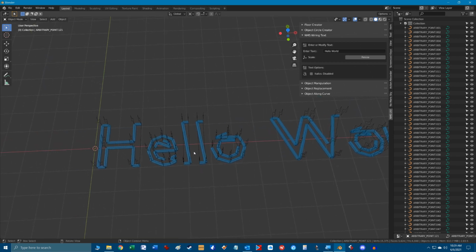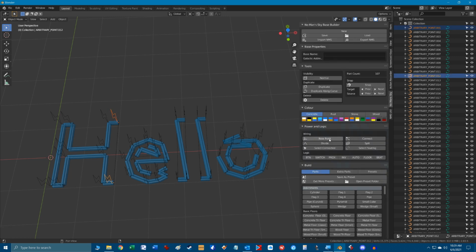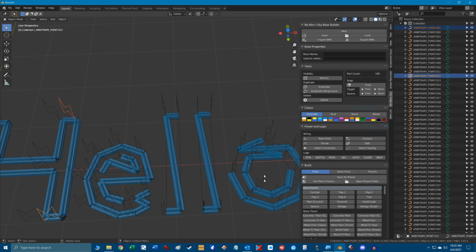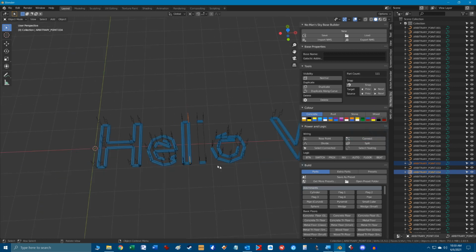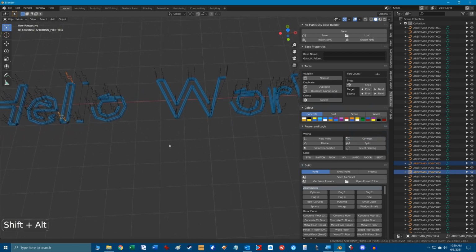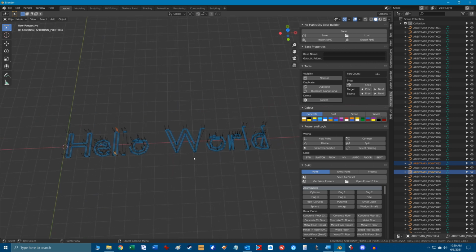Now it's not perfect. You'll see there's some things missing here, so we'll need to add those connections within the NMS Base Builder plugin. We're just going to connect some lines there, and the E's a little bit messed up, and the O and the L's are a bit messed up, but those can all be adjusted and fixed. We can delete those, and we'll just reconnect these guys here to fix our L's. So you get the idea. You go through and do that, but the utility does the heavy lifting with respect to placing the wiring connections